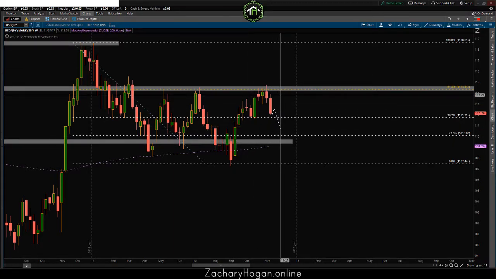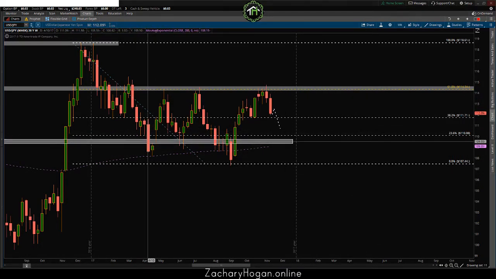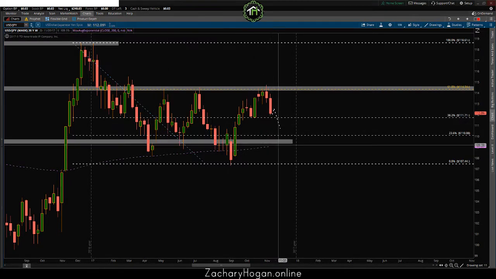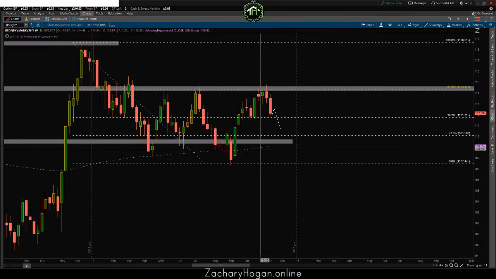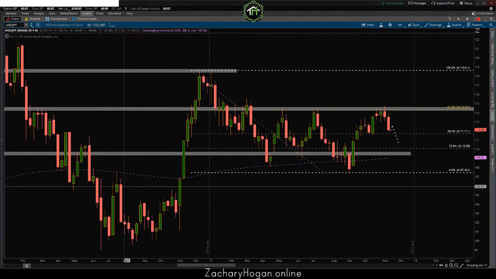I'm not saying that you should enter this trade as soon as market opens or anything. Obviously it's important to do your own analysis and just remember the risks involved, but it is more likely to see price come down. There was clearly a lot of demand in here because there was a little gap as well. There's just a lot of confluence lining up. Our 23.6 fib on the daily, this area of demand, our 200 exponential moving average, and depending on how much momentum comes in, this could be the time where we actually break this low